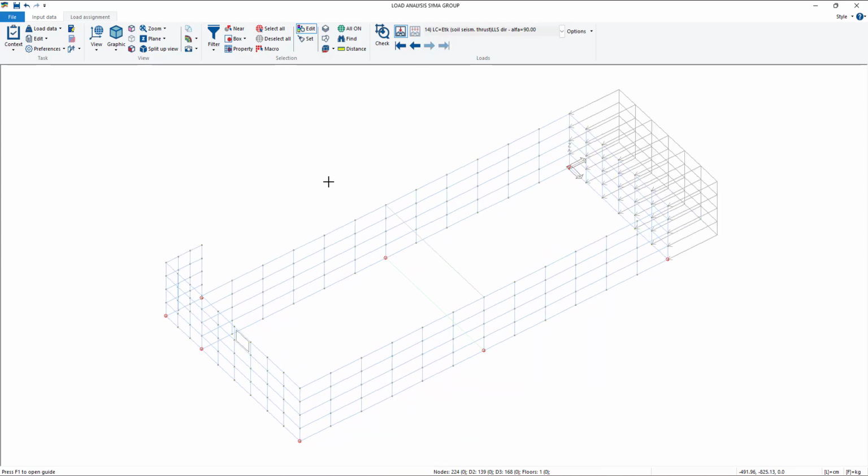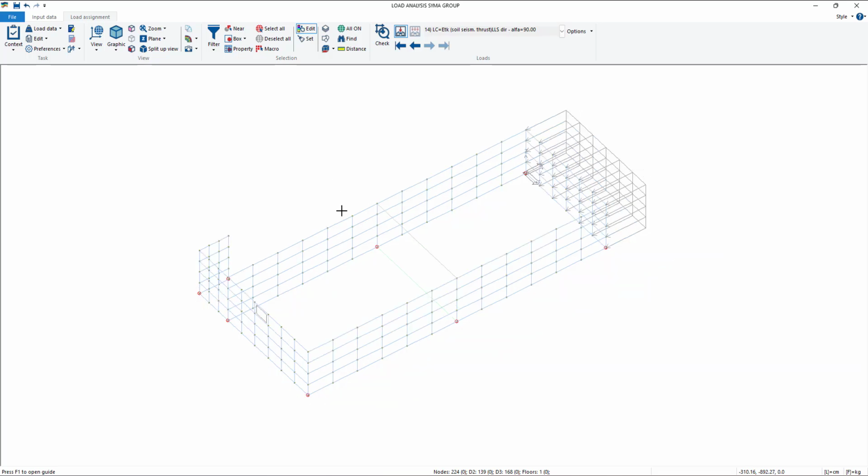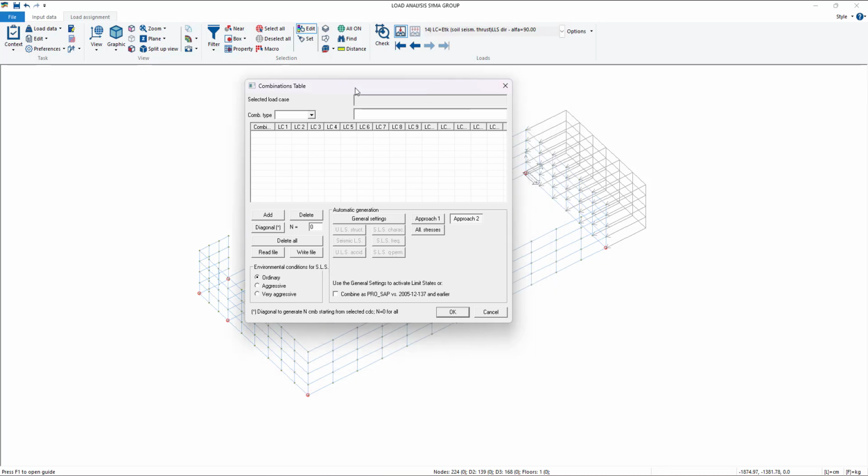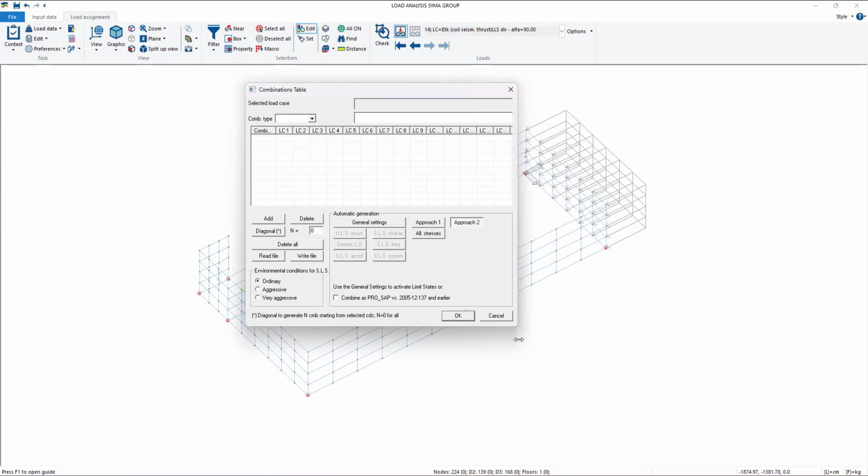As a last thing, before launching the analysis, we have to create combinations. Basically, we use four different kinds of load cases in four different directions in order to let the program combine them with the seismic actions correctly and automatically. So now, if we go on load data combinations, this is empty.